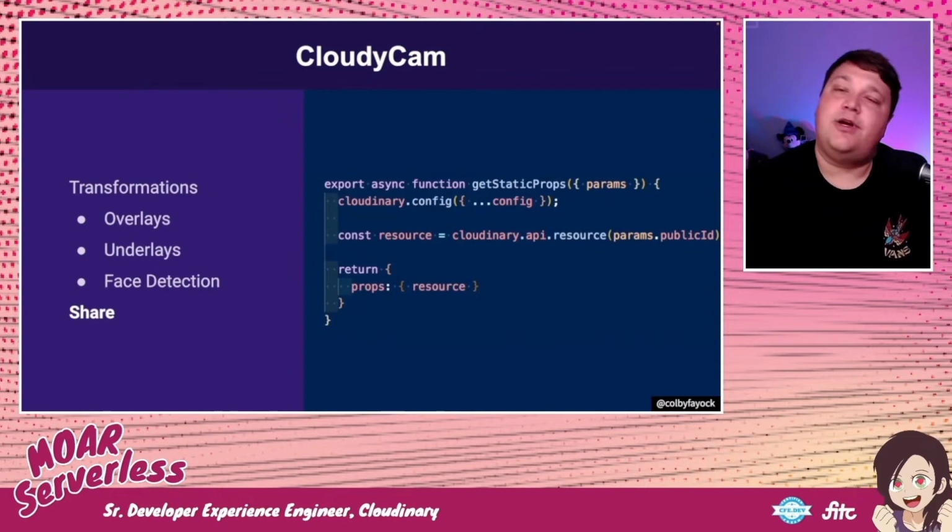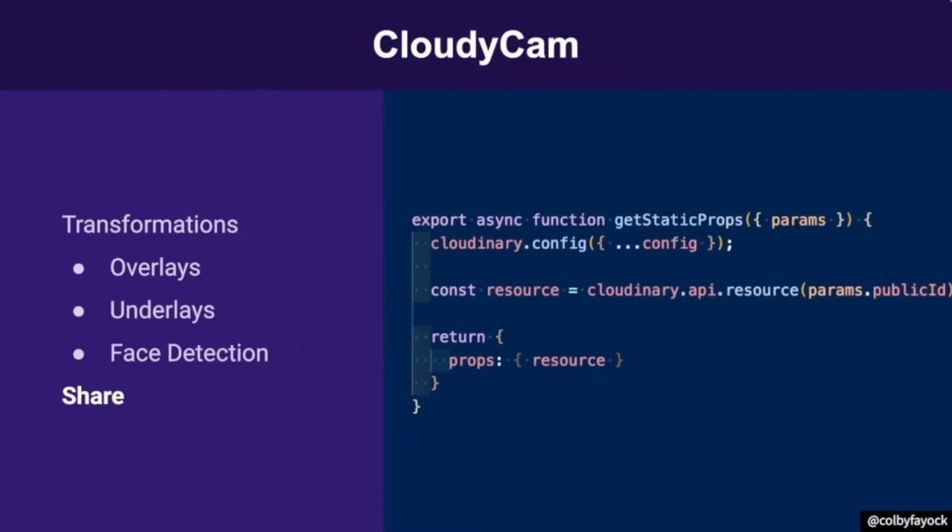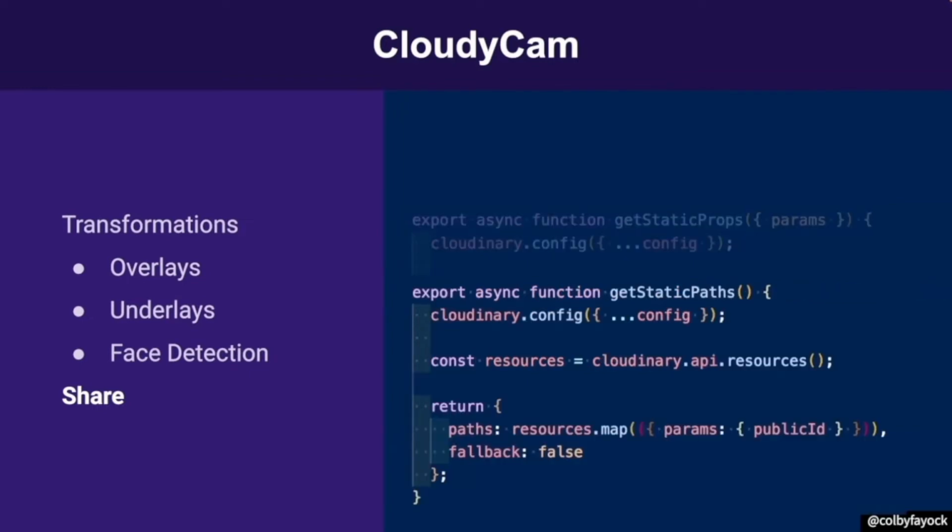So back into our code, we're using getStaticProps to statically compile our page. This allows us to grab our parameter and use the Cloudinary SDK to pass back our resource right away. Now, the tricky thing here is when you use getStaticProps, you're typically mapping out all of your paths inside of getStaticPaths, so Next.js knows that the path actually exists, but we just created that public ID, so we don't know that it exists yet. And we really don't want to run a whole new build just to build that one